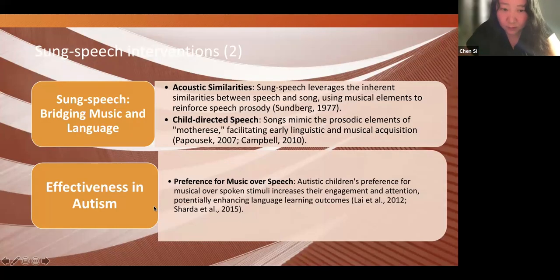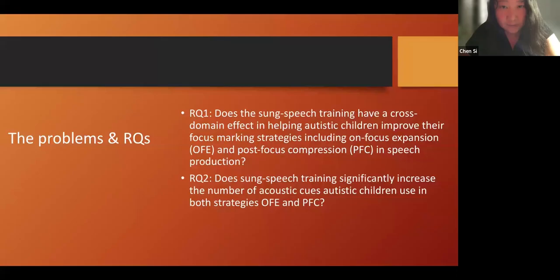And for the autistic population, they might prefer music over spoken stimuli. So this might increase their engagement and also attention, which can potentially enhance their language learning outcomes. So we have also conducted several studies using sound speech training, but we haven't finished all the analysis yet. I think this study is based on the Mandarin